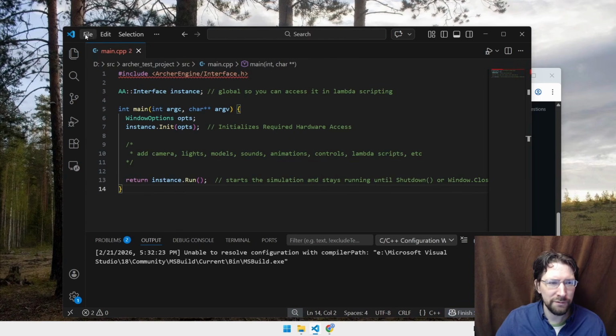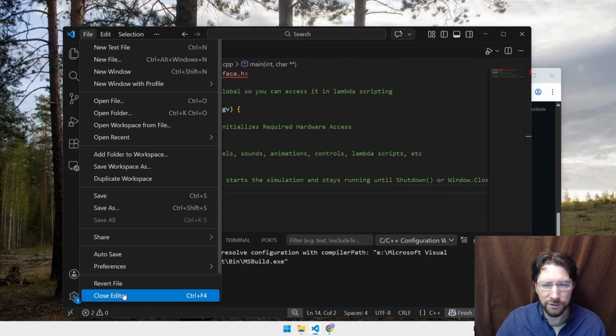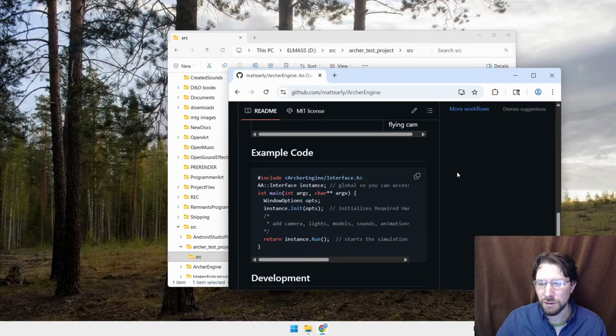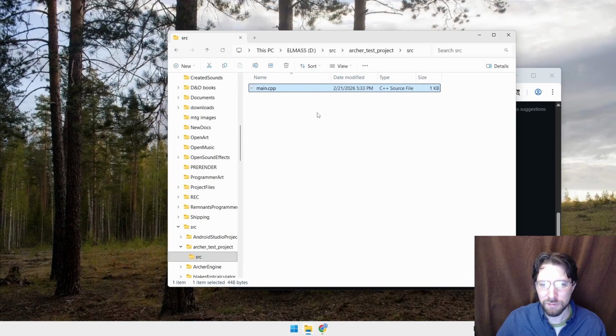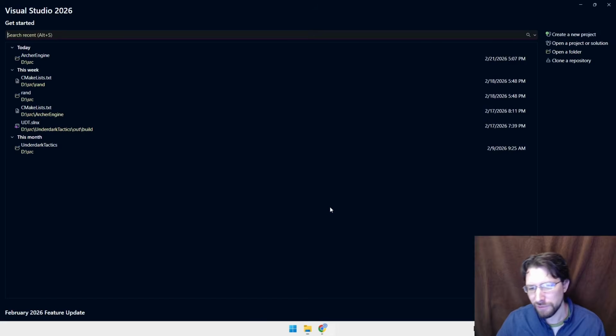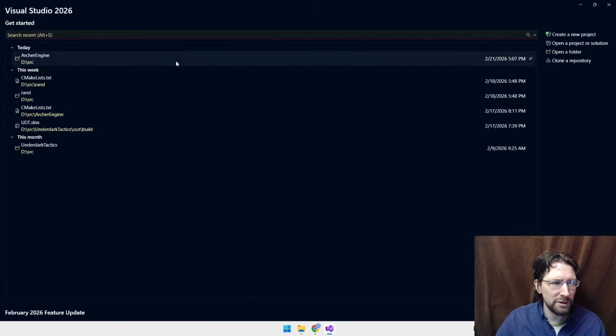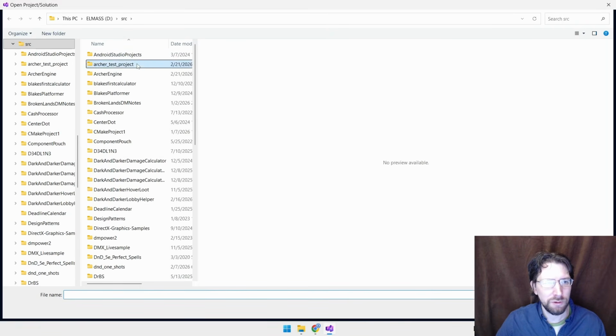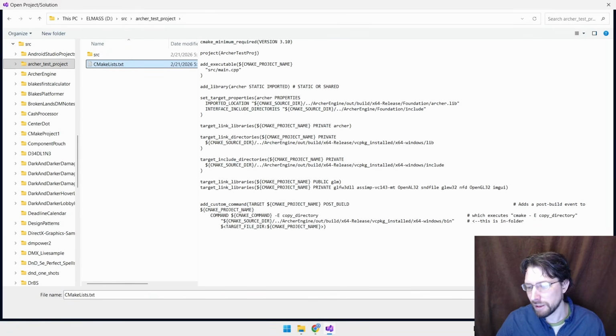All right, well, we have this done. I don't actually want to use Visual Studio Code here, so we're just going to close all that, but we still have our main updated. So what do I actually want to use? I want to just go ahead and use Visual Studio. Visual Studio's pretty easy to use for this sort of thing because it now, at least with the newest version, for the first time ever, when you say open a project or solution, you can just point to a CMake file and it actually works.